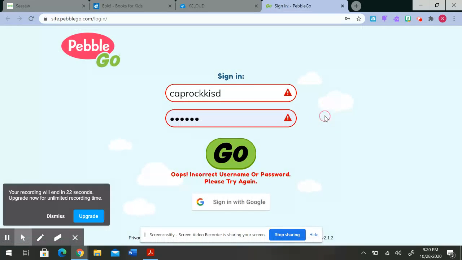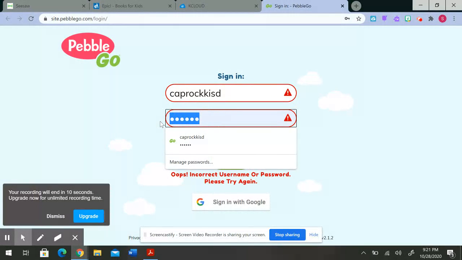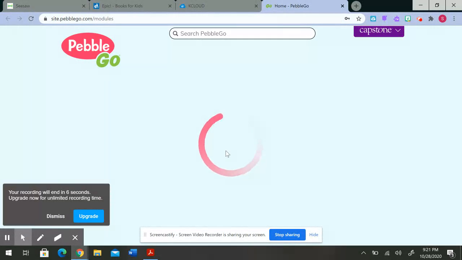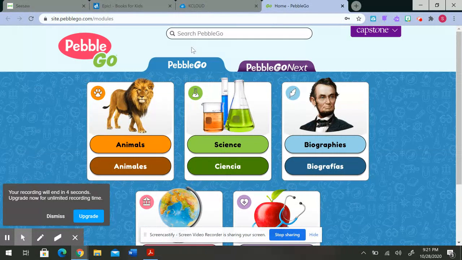But if it does not, the sign in is Caprock, KISD, all together, all lowercase letters. Caprock, KISD, and the password is Keller. You will enter that information, and again, you'll have this page here. You can search in the search bar for what you're looking for.